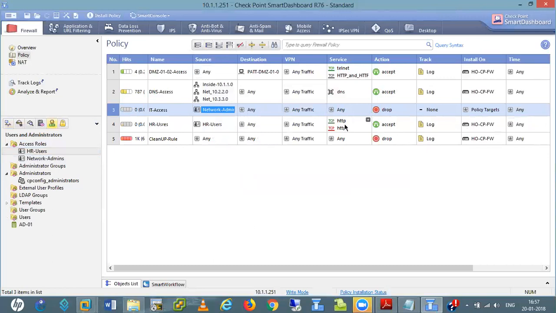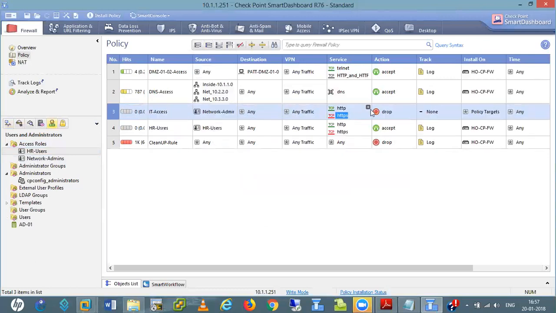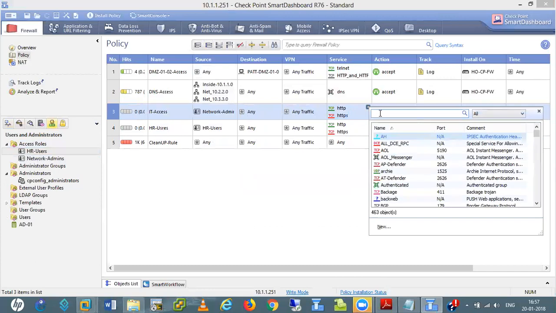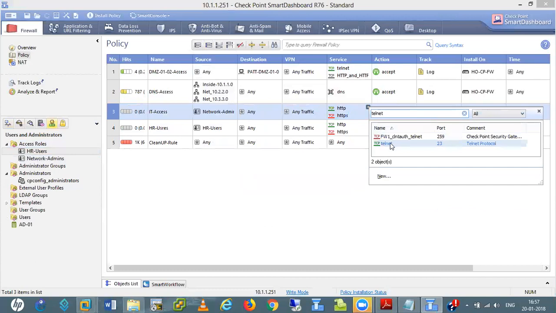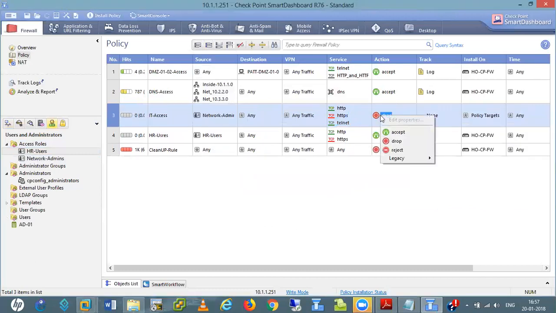Here I give them access to HTTP website, HTTPS website, and also the telnet service. And here accept. Generally we write policy like this only.